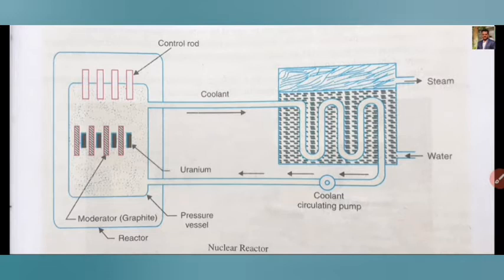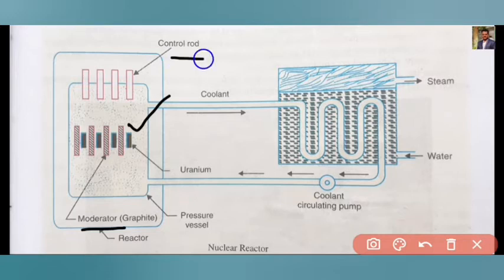Here is the nuclear power reactor. Inside it the uranium is present. Here you can see uranium, and also the moderator and control rod. What are the works of the moderator and control rod? Let's discuss these parts. When a neutron strikes, the uranium starts the fission reaction. During the fission reaction a large amount of energy is produced, which is the heat energy.